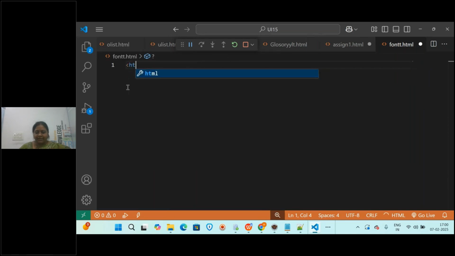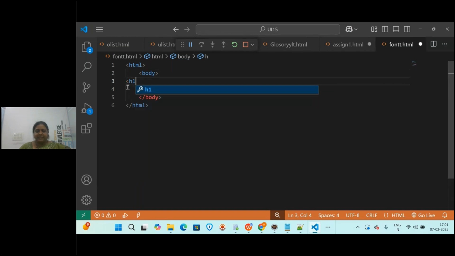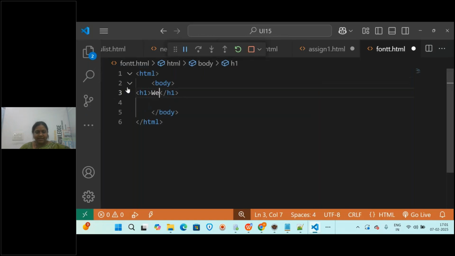So here you will write html and then the body tag, and inside the body tag you can specify an h1 heading, like example of font tag. And for the body you give a background color, some pink or something. We are just providing it now.